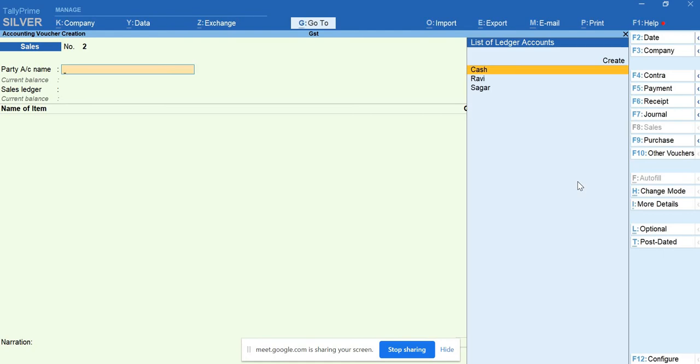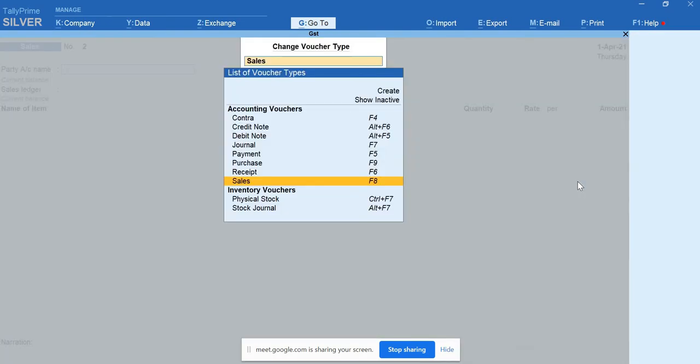And now the very next activity we are going to see is purchase return. For purchase return, as I have told, I have to enter the debit note. For the debit note, we will go for F10 and you can select debit note. If not, you can also use the shortcut key Alt plus F5.